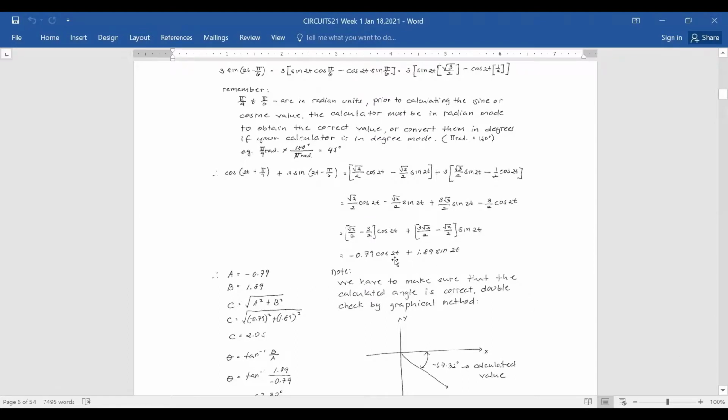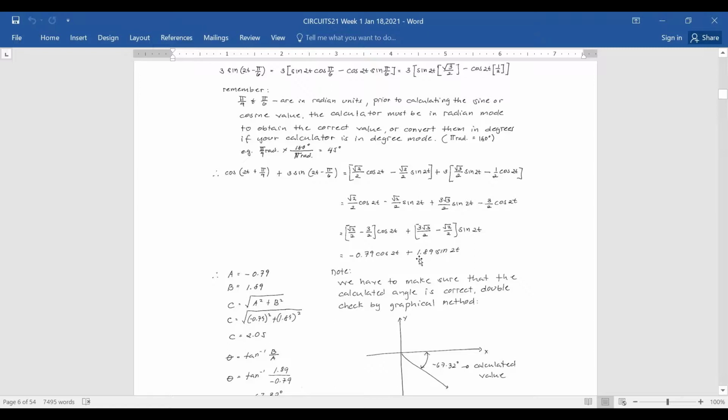Afterward, notice that the result is simply like this. We cannot yet say the angle phi is equal to this, because in our expression here, after we follow the identities, we still don't see an angle here. It is still a combination of cosine and sine. So for us to determine the final result for this expression,